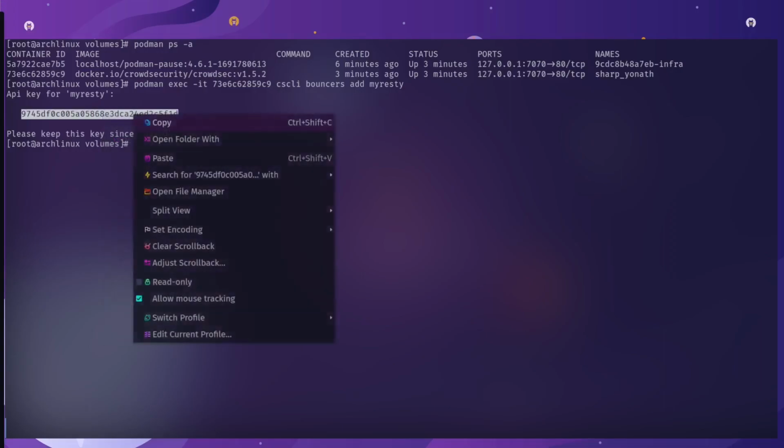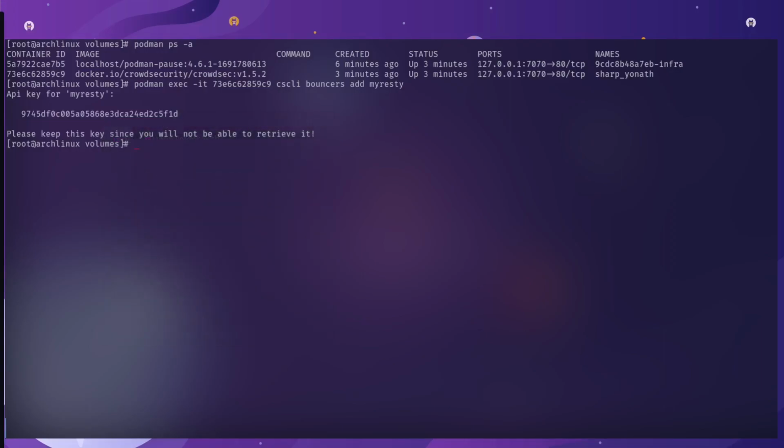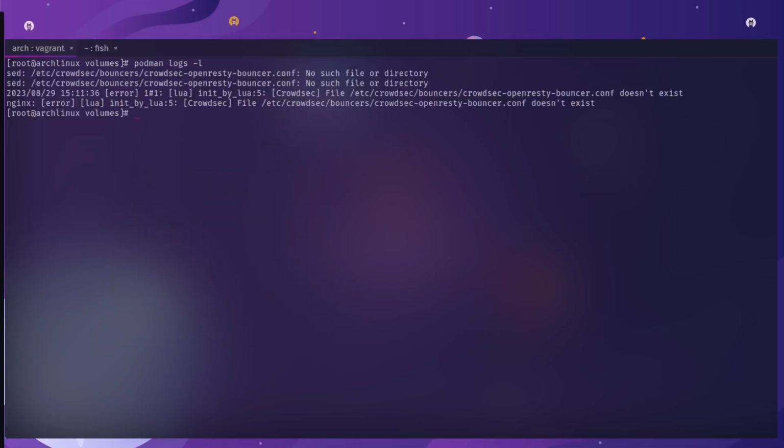Now with the power of editing, I'm going to show you how to fix an issue before you hit it. As you can see, my shell doesn't look exactly the same as where it was before. So we're going to head into the CrowdSec directory, and we're going to create a directory called bouncers. And within the bouncers directory, we are going to create a file called